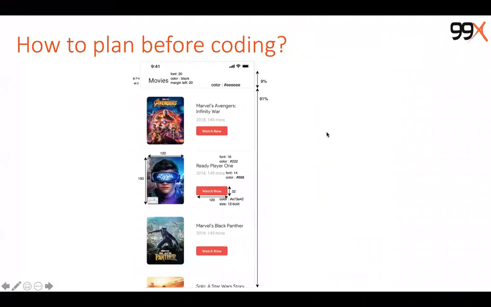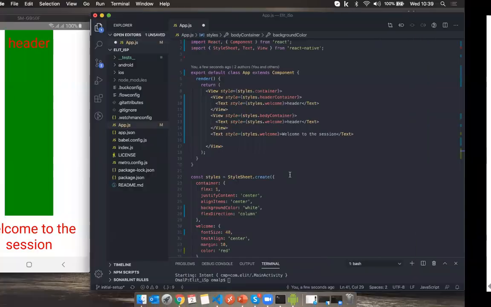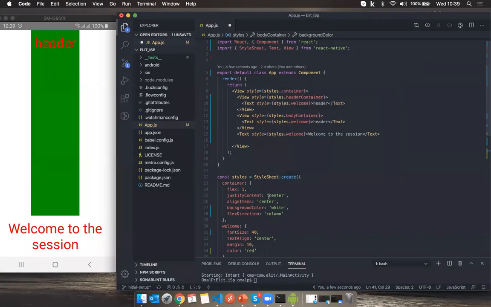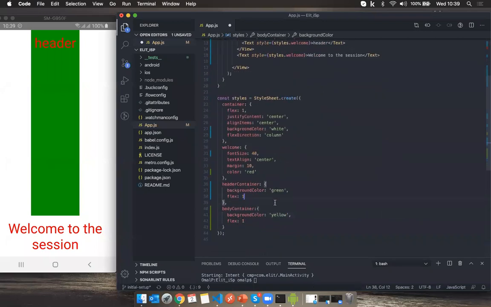So guys, let's refer to the dimensions. If we think the total height of the screen is 100, the location for the title is 9, the location for the body is 91. So let's go to the header styles, and let's allocate this, it's 9, and total height is 100.